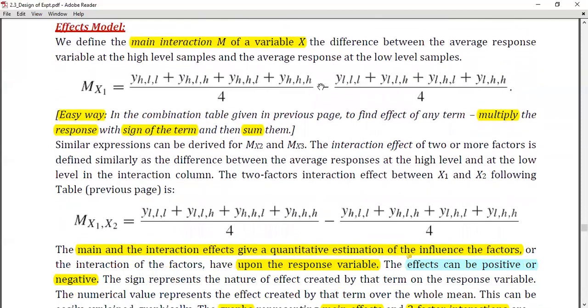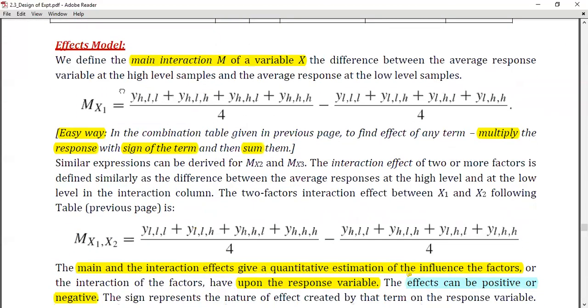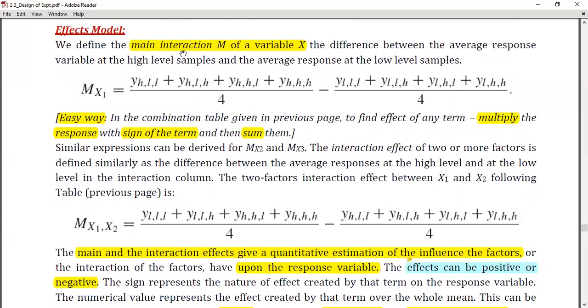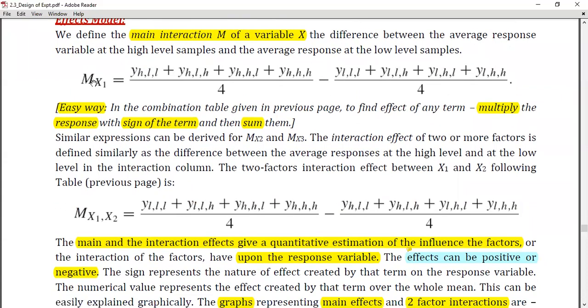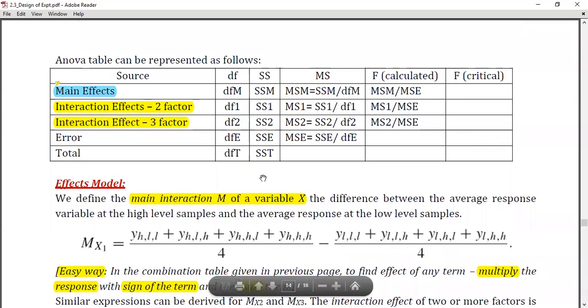Another way we analyze, remember these are complementary to each other, means model and effects model, both are complementary to each other, both are required. In the effects model we have again 2 types, main effects and interaction effects. So how do we calculate this? We'll have to calculate the average response at high level and average response at the low level, and take the difference between the two. Whichever variable you want to analyze, the effect of each variable, you have to select the average of that particular variable at high condition and at low condition. So there were 8 experiments. Let me go back to the table.